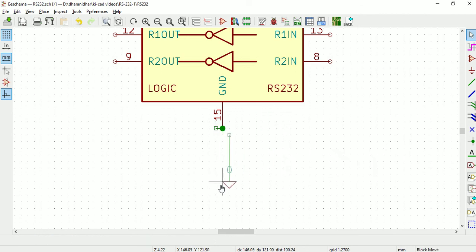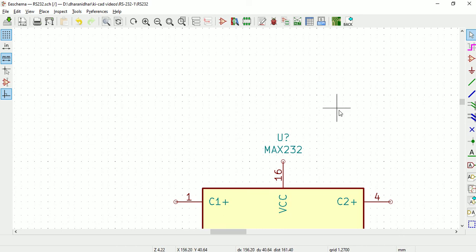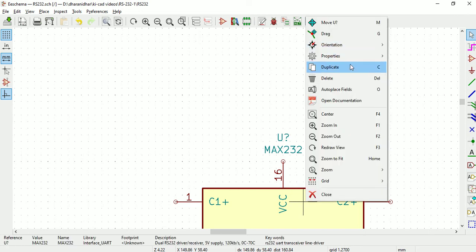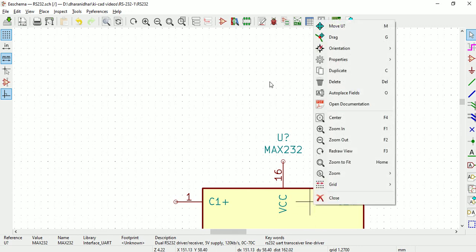So this is how it goes. Now if you want, you can delete that. As simple as this. And now, this is a basic introduction, forget if there are any errors or misdrawings. Then if you want to duplicate this component, here you see there is a duplicate option, just select that and it copies another. Again I'll click here and press C, it gets duplicated. So you can use shortcut options as well.